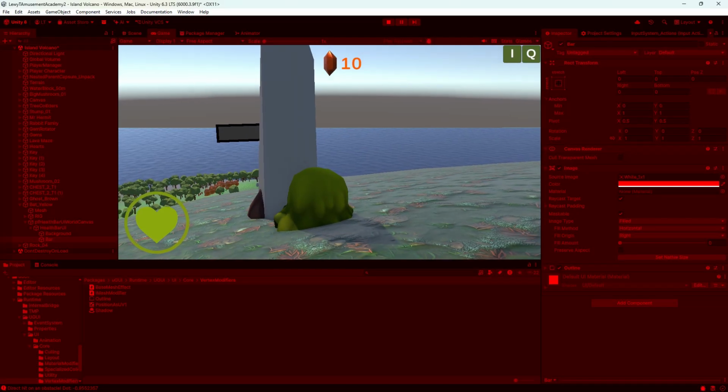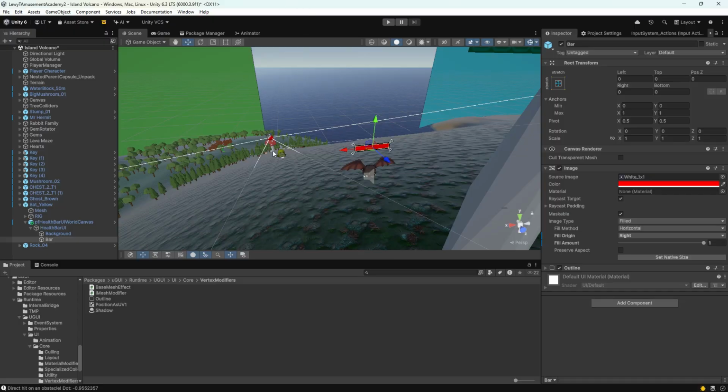Okay. You might have noticed that as we hide behind the stone pillar, we can't even see the health bar in its entirety. We have to go look around the side to see if it's actually changed. You might have seen other games where a health bar is actually visible through other objects. So it's like in front of everything so that you can tell what it is, even if it would have otherwise been partially obscured. Now there's a few ways to do this, but I like using a second camera for